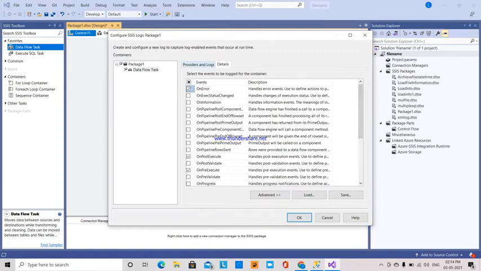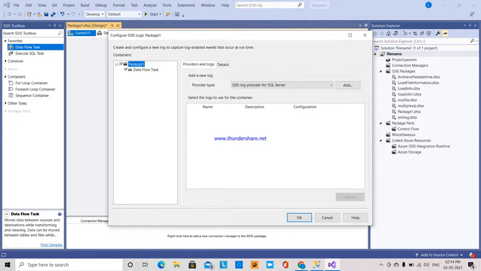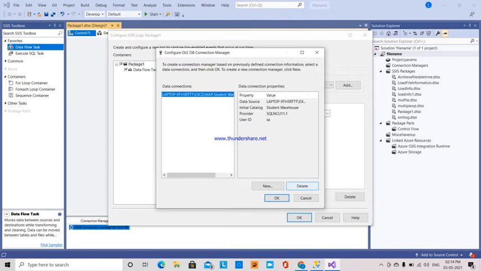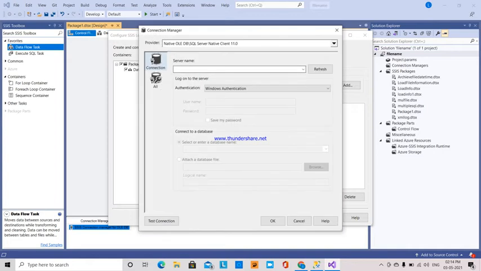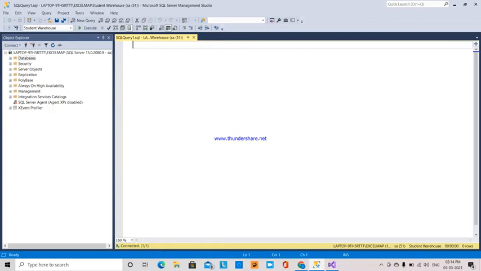The next thing is, in providers and logs, I have selected SSIS log provider for SQL Server. So I'm going to click Add, and then click here for the configuration. What we have to do is create a new connection. I already have one, so I'm going to delete that and create a new connection here. Which database it has to be created in, that database I'm taking,